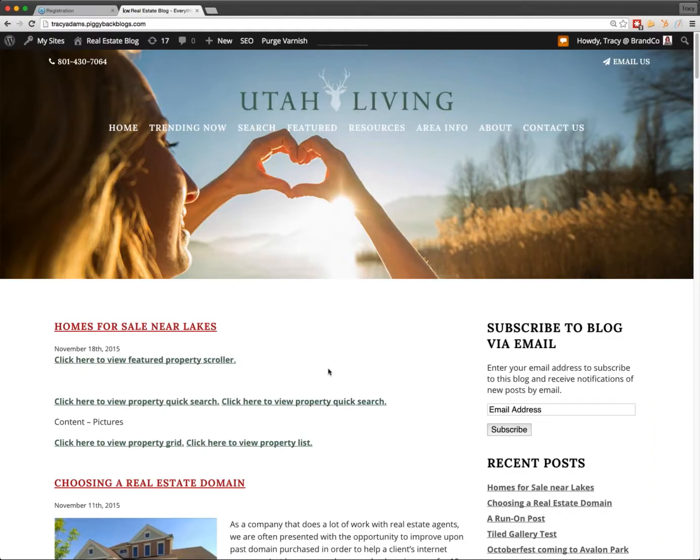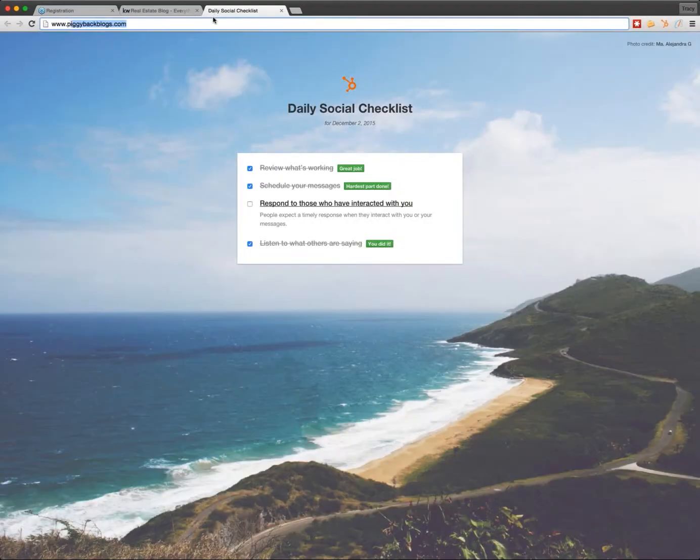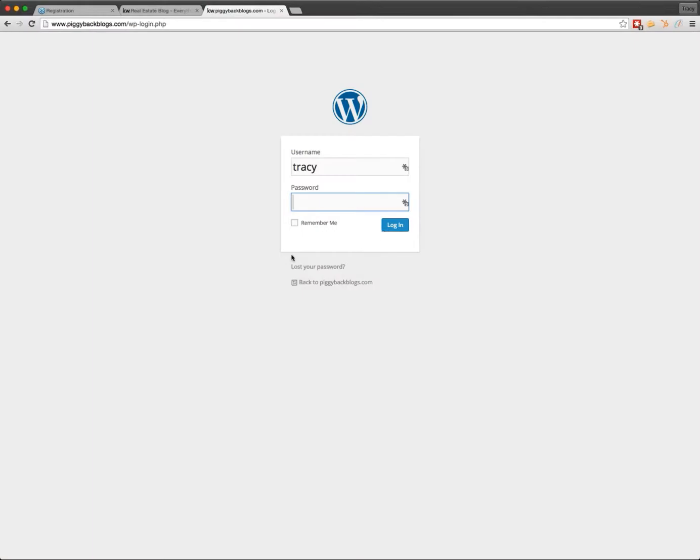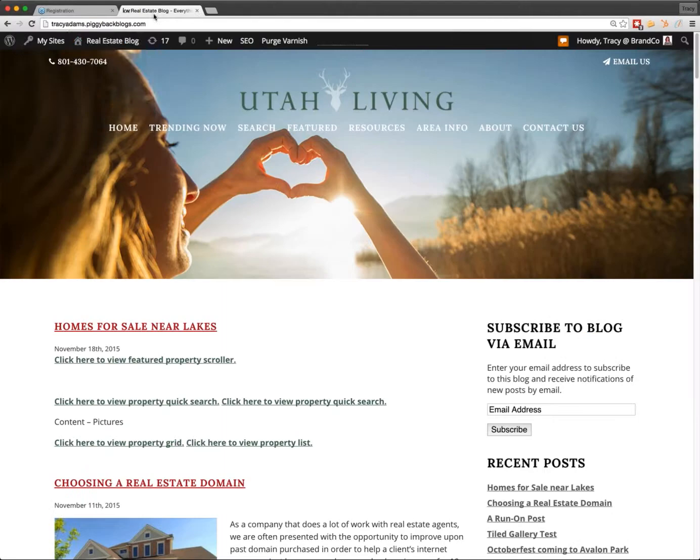So if you already know how to log into your Piggyback blog, you can do so for me or go ahead and walk along. If you go to piggybackblogs.com, you have the ability to log in there by clicking the button that says Login, and that'll get you to your username and password area, and you can sign in from there, or you have the option of going to your blog. For me, it's